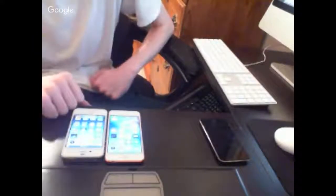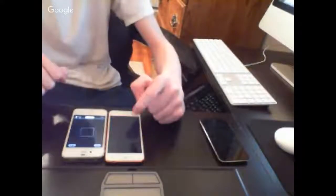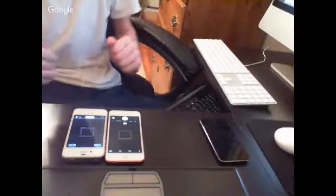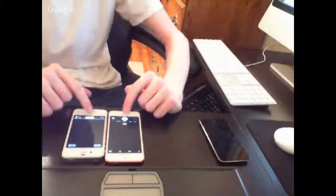Apple Music. Videos. Came right up there. Camera. There. Ha! See how fucking slow that is in comparison? Let's do that again. That's a bit delayed. Ah, shit. It's kind of hard. Once it's preloaded, it opens up instantly, and actually it's quicker on this one because it doesn't have to do the animation. But that's